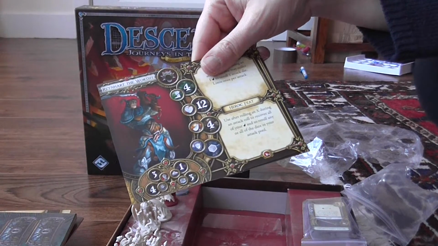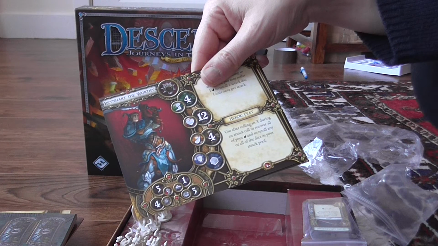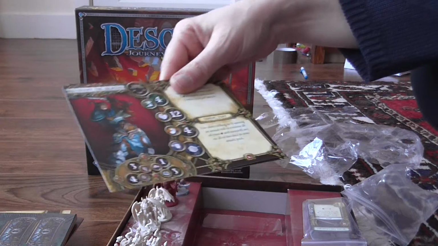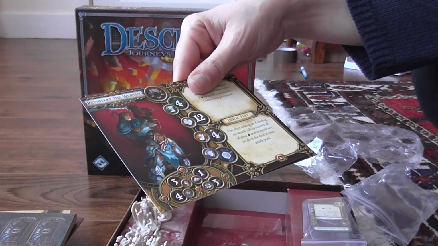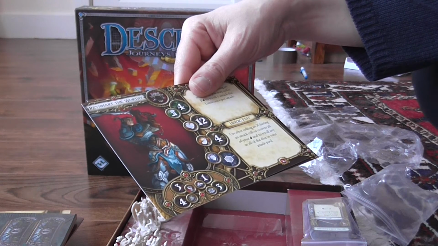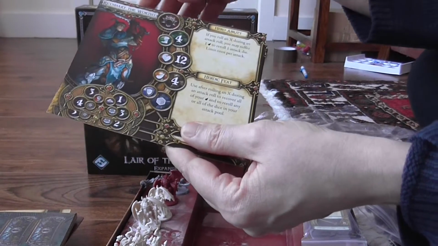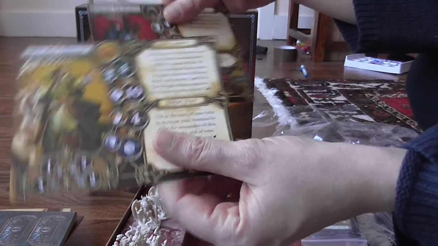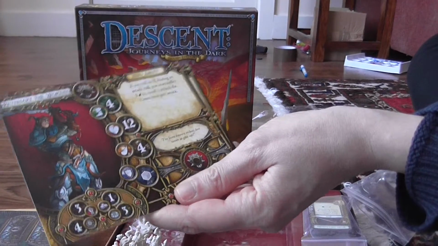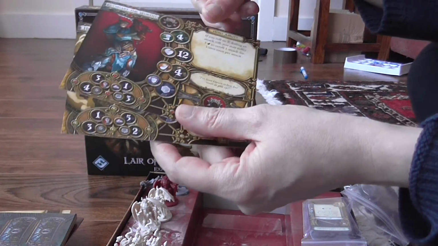And his heroic feat is: use after re-rolling an X during an attack roll to recover all of your stamina and to re-roll any or all of the dice pool in your attack pool. Okay, so that's basically a heal myself completely of stamina loss and then re-roll. And once he's used this once, we turn over the card, and his motto is, "I've been known to lose, but never to give up." Well, that's an interesting